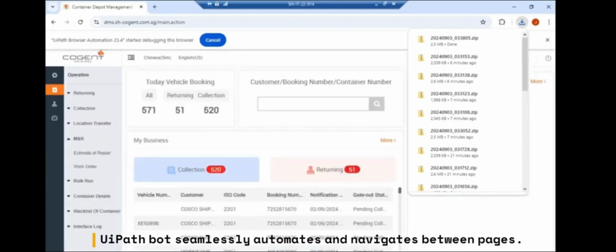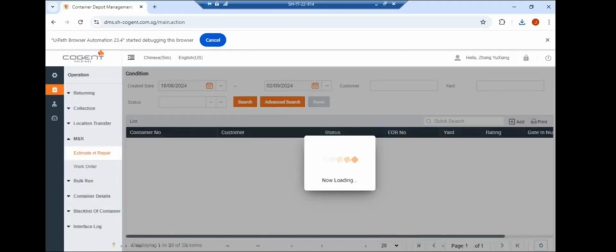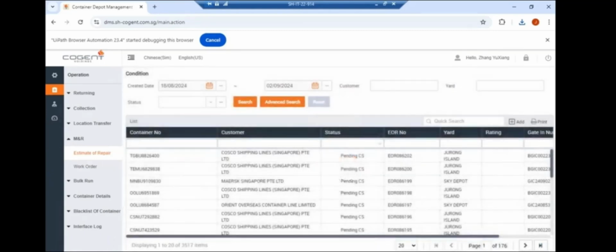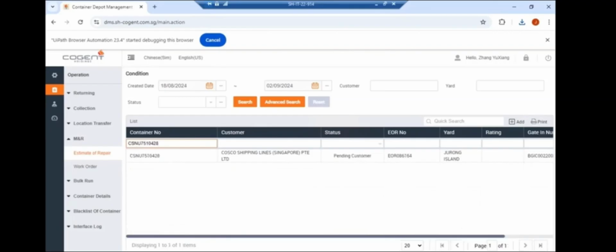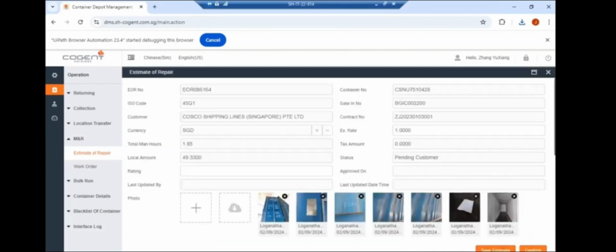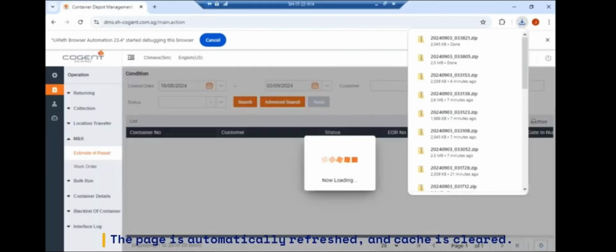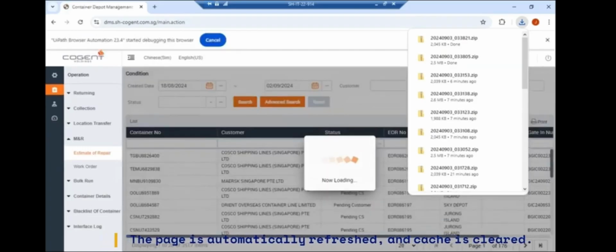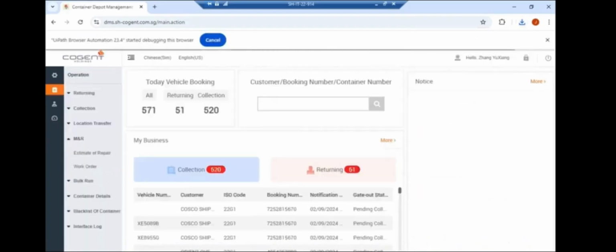The UiPath bot automatically navigates to the relevant tab, Estimate of Repair. The container number is input into the search box, and the download button is clicked. Once the zip folder has been saved, the page is automatically refreshed, the cache is cleared, and prepared for the